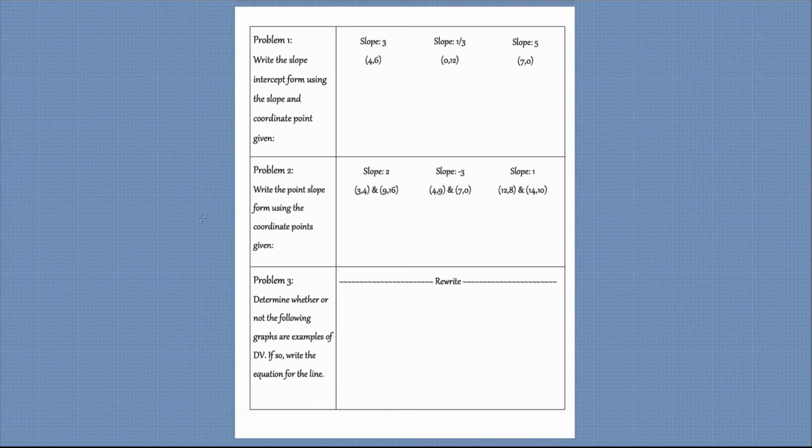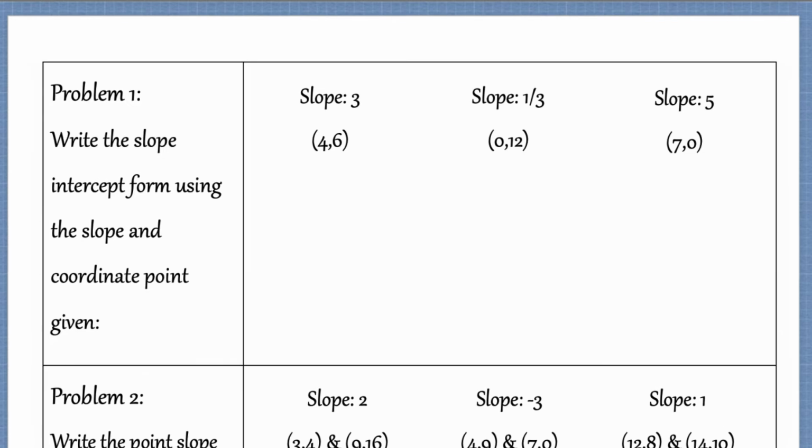Now we have our practice problems, and problem number 1 says, write the slope-intercept form using the slope and coordinate point given. So if you guys remember, slope-intercept form was y is equal to mx plus b. How we're going to start is just by plugging in all of the variables we know first. What we have so far is y is equal to, and then the next term is mx. We already know m, which is the slope, so that's 3. So we're gonna plug in 3 for m, so we have y is equal to 3x, and then we have